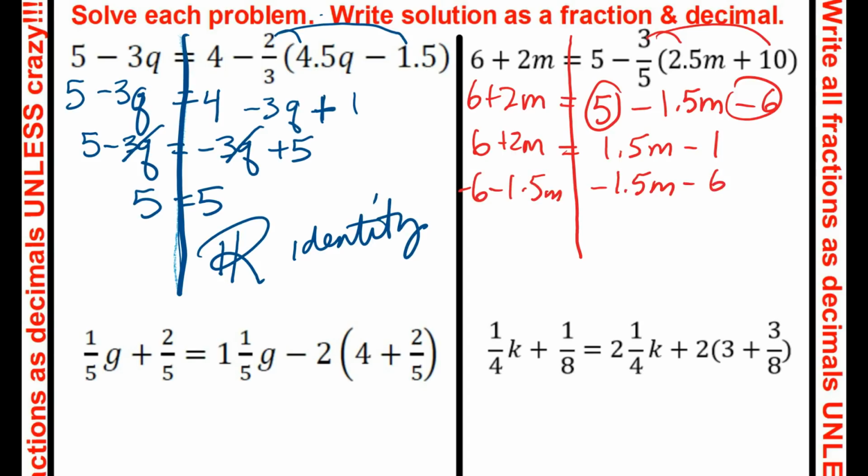Slide to the right. Cross. 2 minus 1.5 is 0.5m, which is equal to negative 1 minus negative 6, which is negative 7. And pretty much you're saying 0.5. How many halves fit into